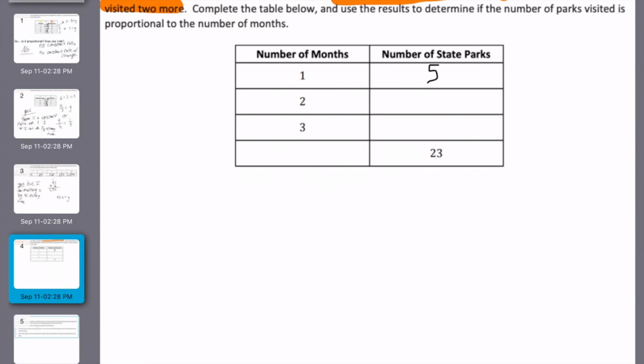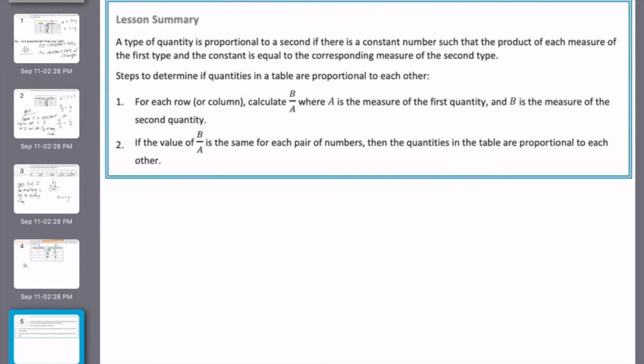How nice. Then in that second month, he visited 2 more parks on top of that 5. So he has 7. And then 9. I don't even really need to know what my number of months is for 23 to know that this isn't a proportional relationship, because there's nothing that I can do to the number of months each time to get to my desired y value. So, no, this isn't proportional